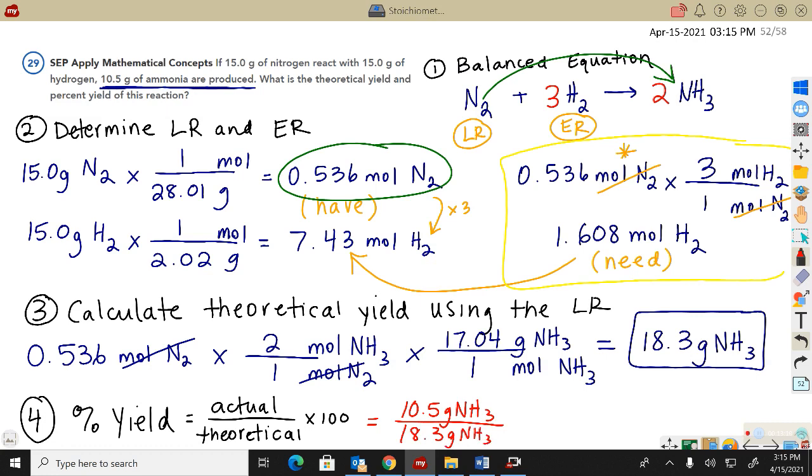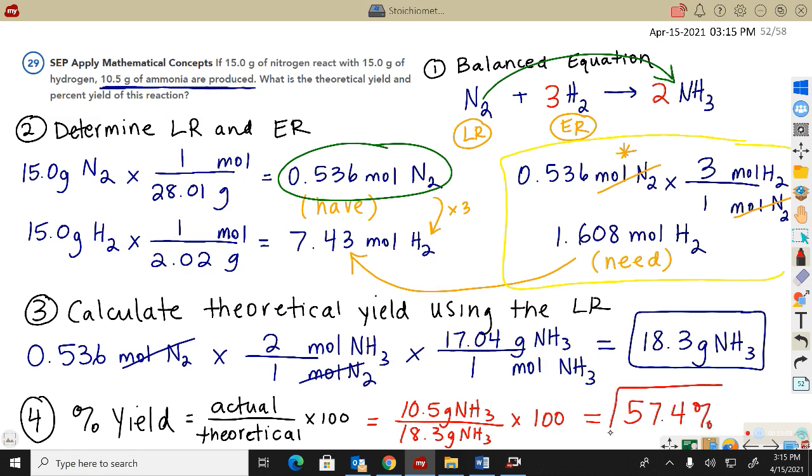Now, they should always be somewhat in the ballpark. Obviously, my actual is a little bit less than the theoretical. But if I would have calculated an actual yield that was like 100, and then I see, whoa, the theoretical was 100, the actual was 10, that's either something wrong with my calculation or terrible data. Most likely, something wrong with my calculation. 10.5 divided by 18.3 times 100 gives me about a